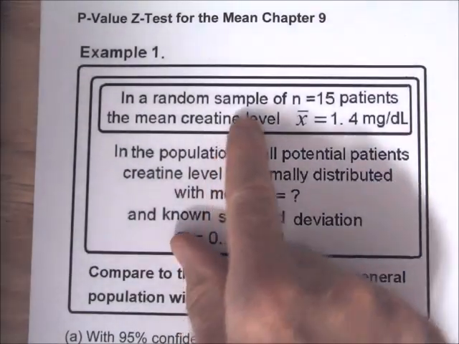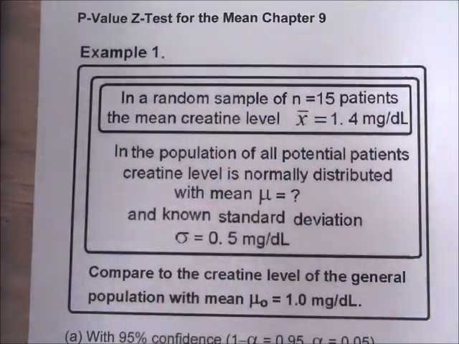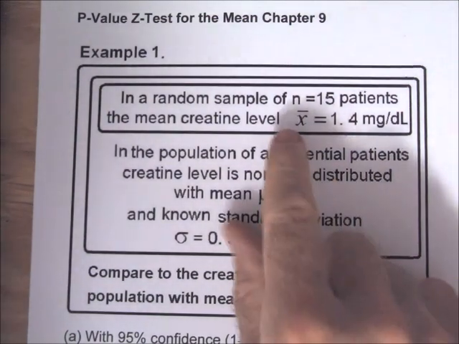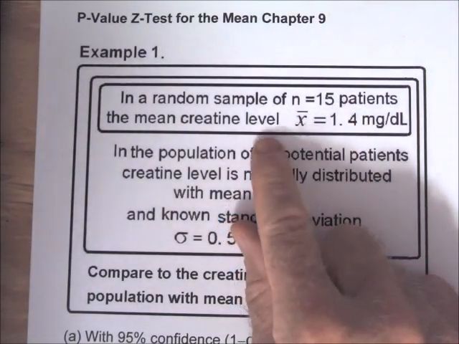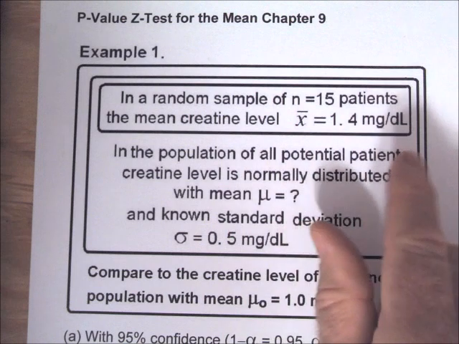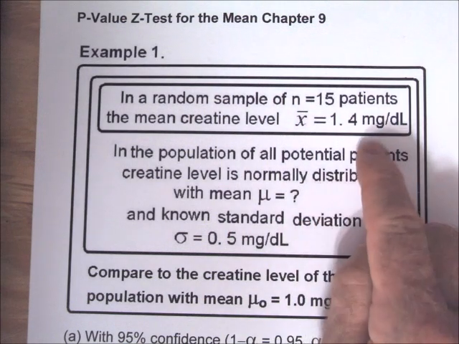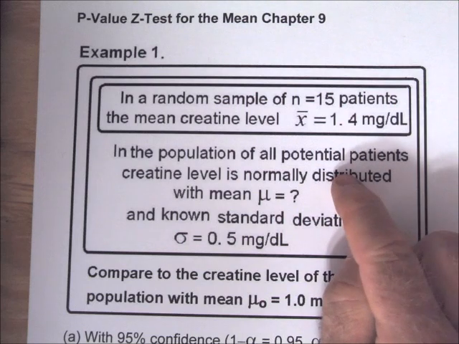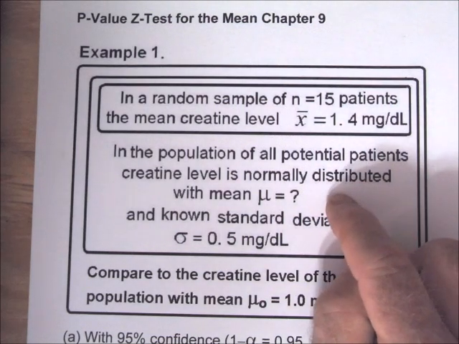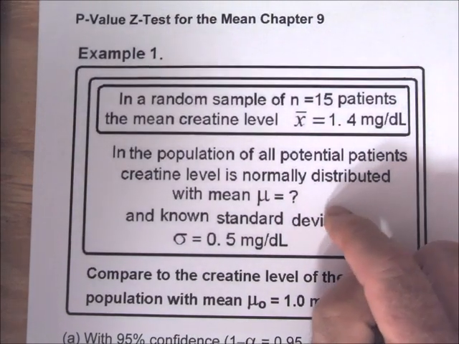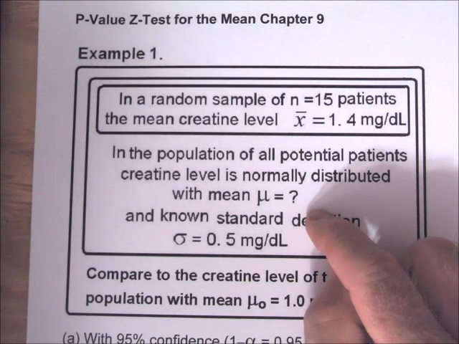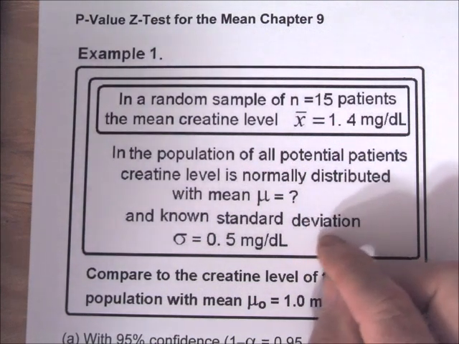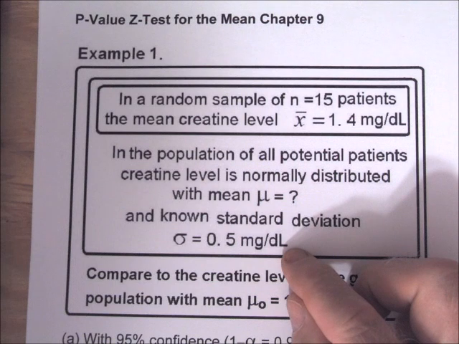P-value z-test for the mean, chapter 9. Example 1: in a sample of n equal 15 patients, the mean creatine level, x bar, is 1.4 milligrams per deciliter. This is taken from a larger population of all potential patients. Creatine level is normally distributed with mean mu unknown, but with known standard deviation sigma equal 0.5